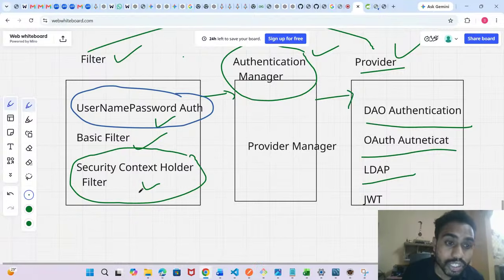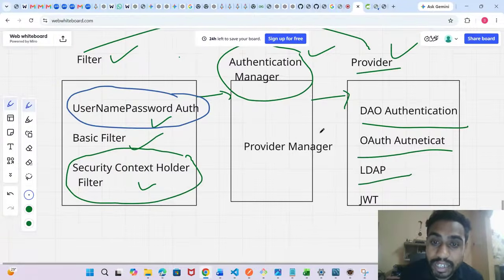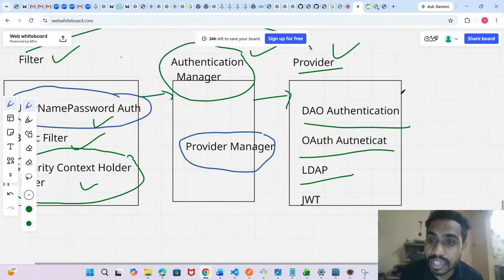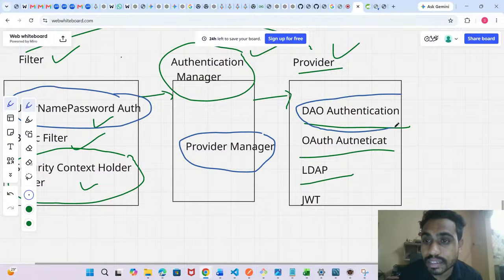I have already explained security context holder filter, and I have already shown you this provider manager, and this one also I already showed you, right? Guys, are you clear with this? Are you guys clear or not? Please tell me.